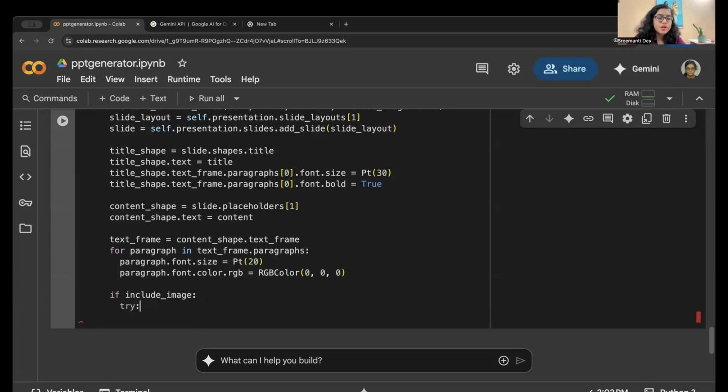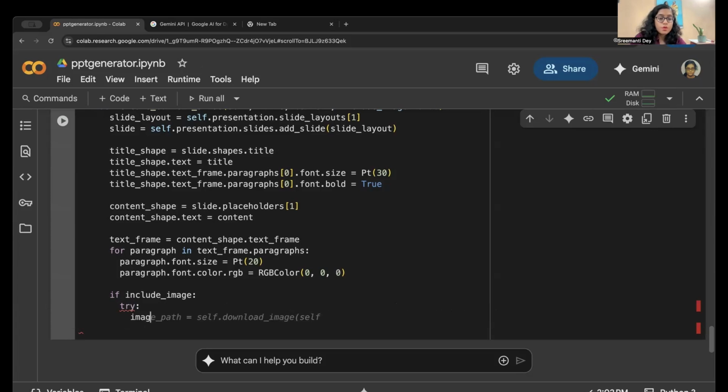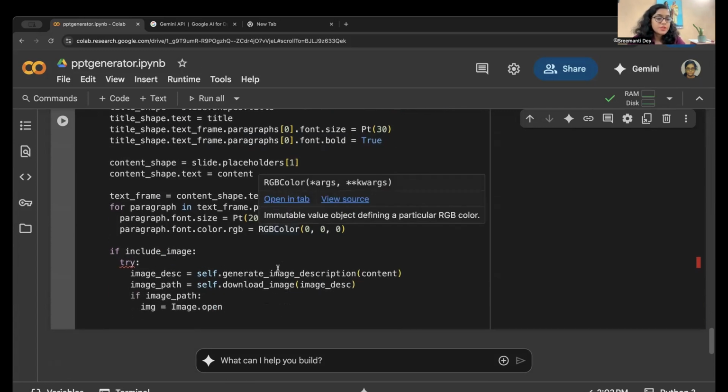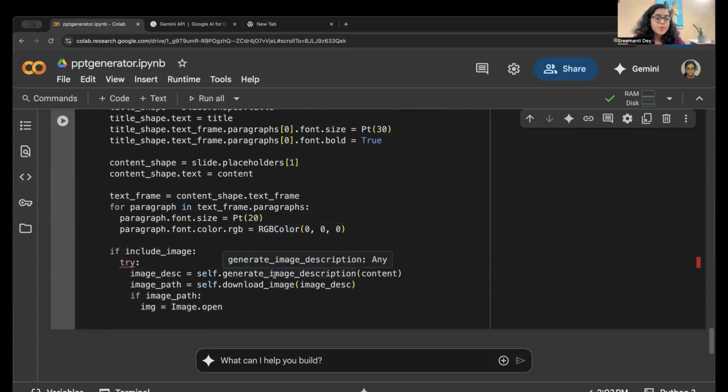So let's do it inside try catch because there are so many things that could go wrong. And we want to know the error that's happening. This is also another good decision using try catch. Okay. Generate image description. Yeah. Generate image description content. And then the image path is basically downloading the image from the image description. And if the image path exists, obviously also do check this,